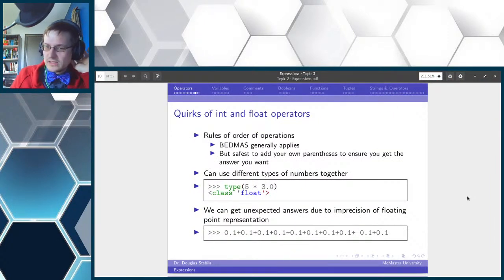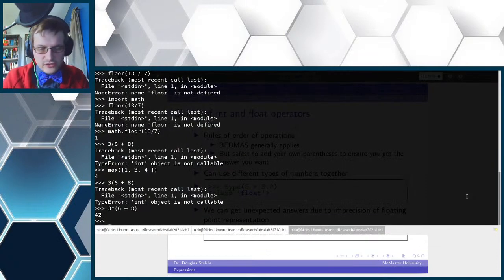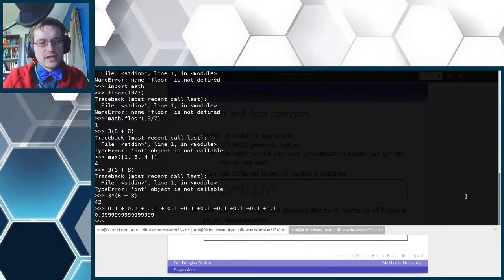So you remember that thing I was saying about how floating point numbers are not quite precise? Here's an interesting little thing. If we add 0.1 to itself 10 times together, what should the answer be? Right? 0.1 added to itself 10 times, well, no, 9 times, technically, should result in 1, right? Instead, you get